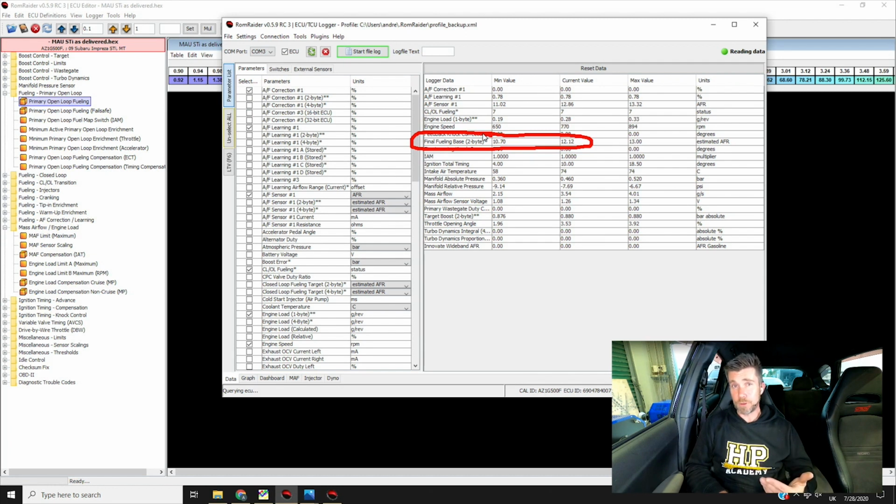and our commanded air fuel ratio, this will give us our error, basically how far away we are from our target, and hence we know what correction we need to make either to our load compensation tables or our mass airflow sensor scaling to get us back on target. So that pretty much covers our fueling.